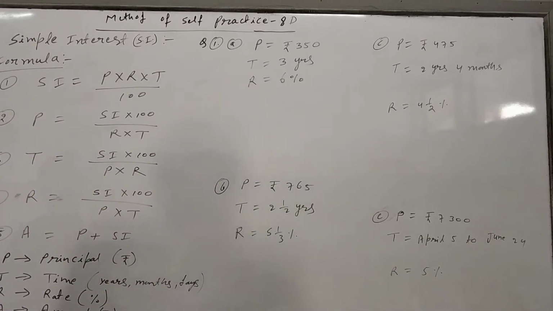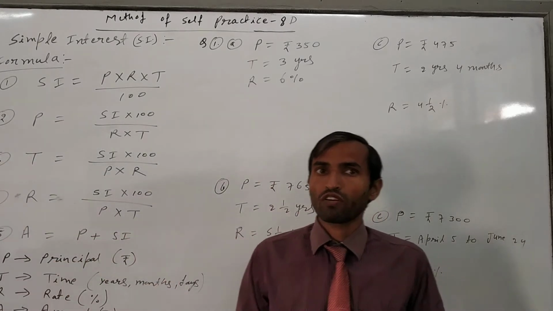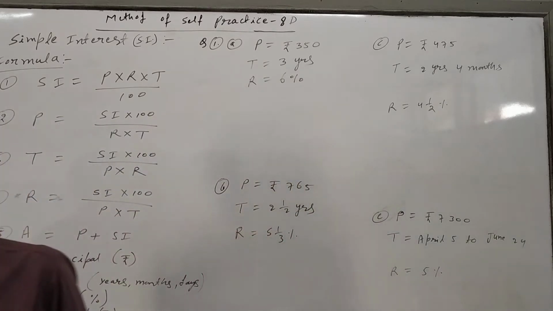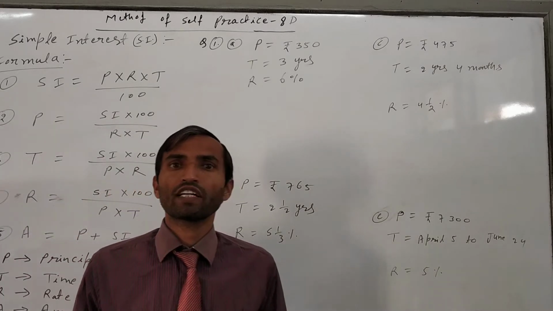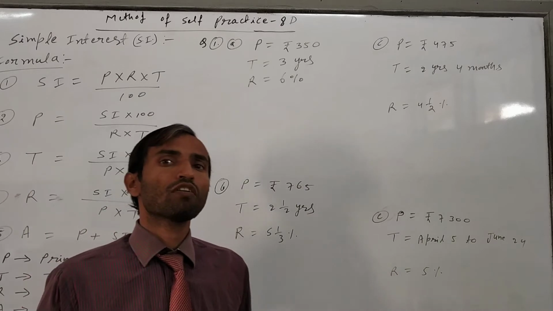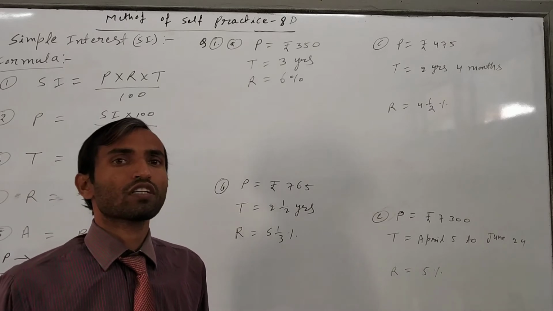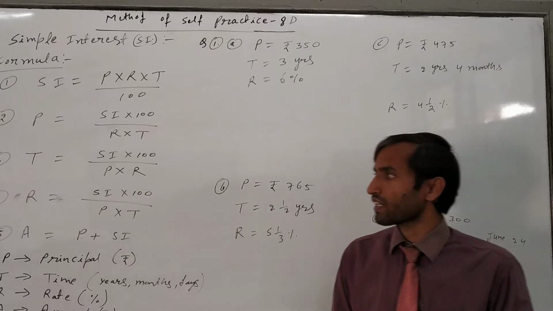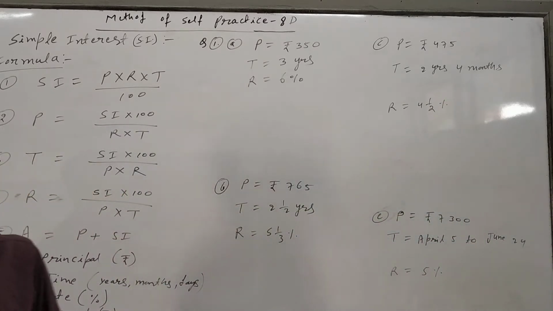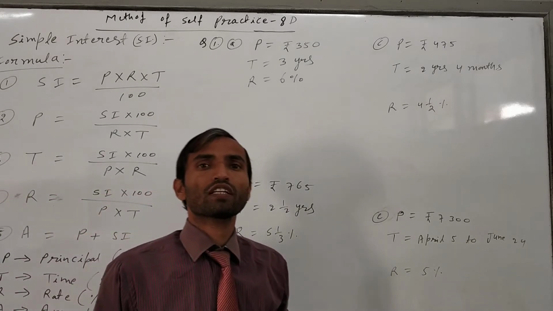Simple interest means whenever we take a loan or give a loan to others, we put some conditions. We will take either simple interest or compound interest. Based on that, we take interest from that person, or we take a bank loan. So depending on the interest, it may be simple or compound. First of all, we will study simple interest. In the next video, I will explain compound interest.